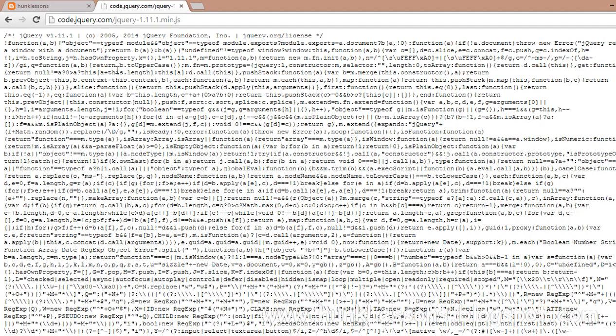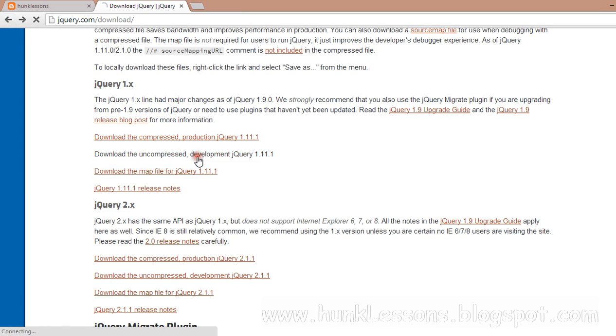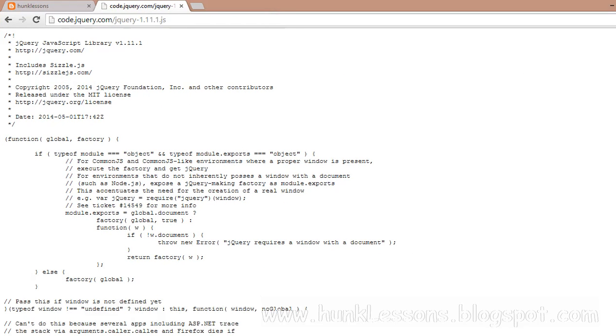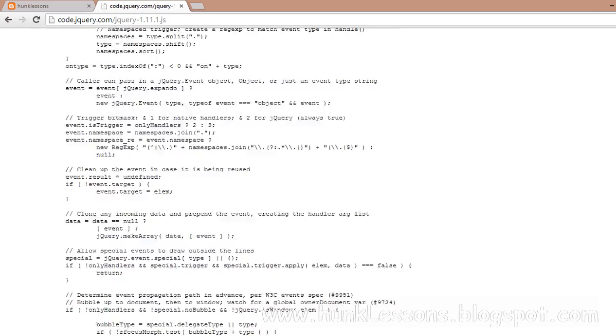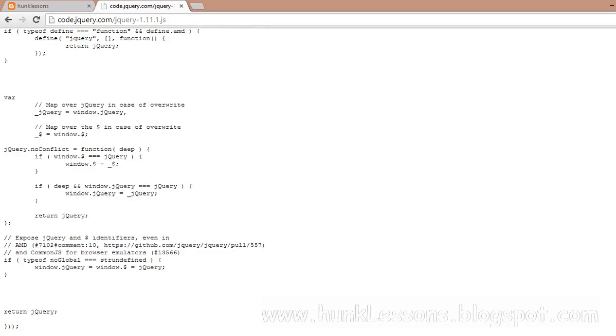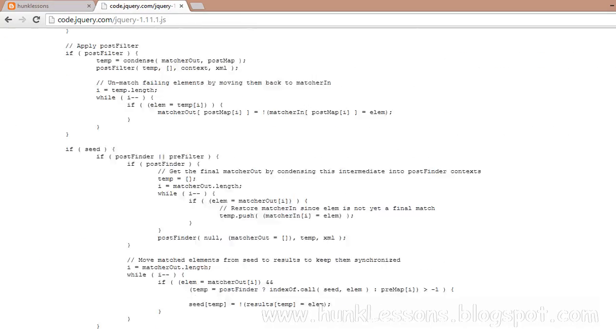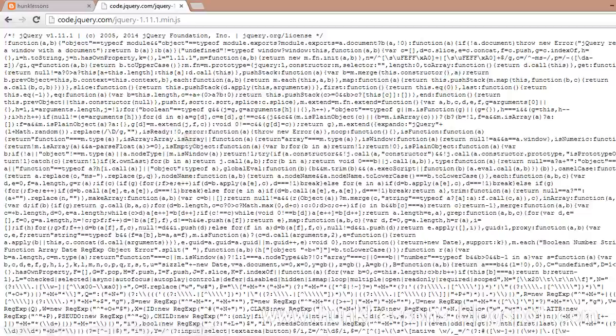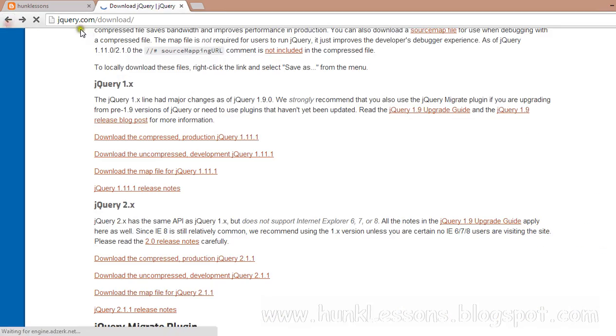We can use that one because we don't have to read the jQuery code, our system will do that for us. But if you want to read jQuery and find bugs in it, you can use the uncompressed version. It's written in something around 2000, 3000 lines, and that code is compressed into around 400, 500 lines. That's why it impacts your page size.